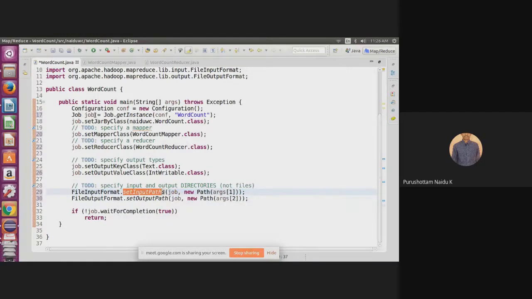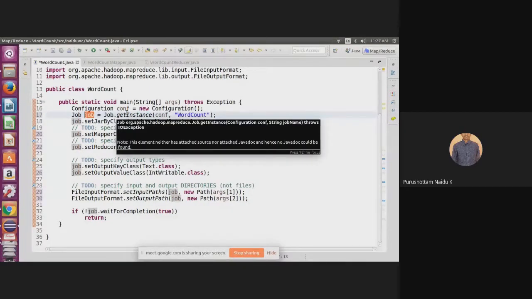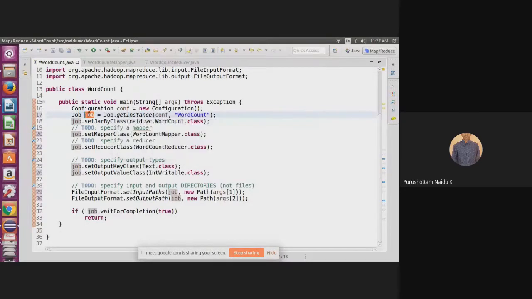Everything is configured through the job. First, we create an instance of the Configuration class. Then this object is passed to Job.getInstance. In this, we specify the configuration object, then the job name, then the mapper class name, reducer class name, output types, and input path.